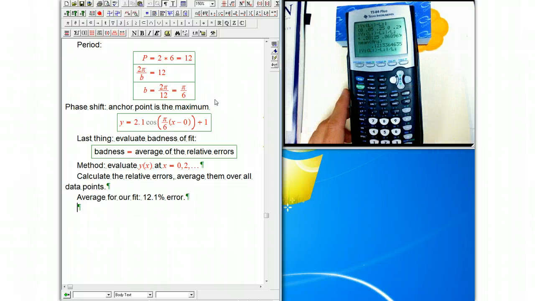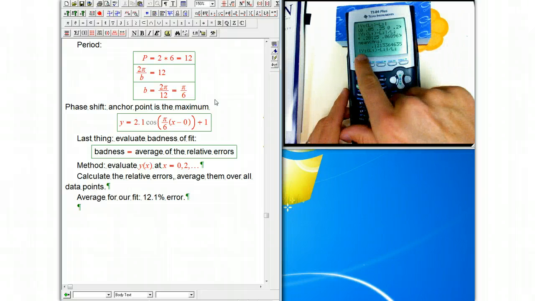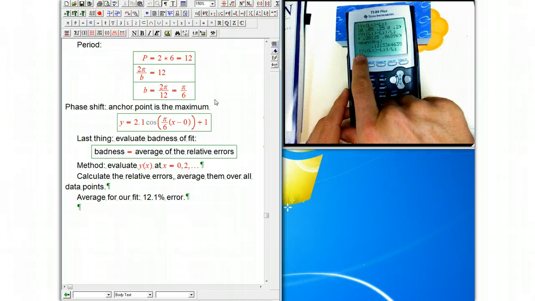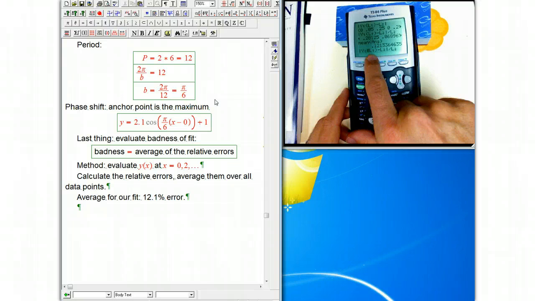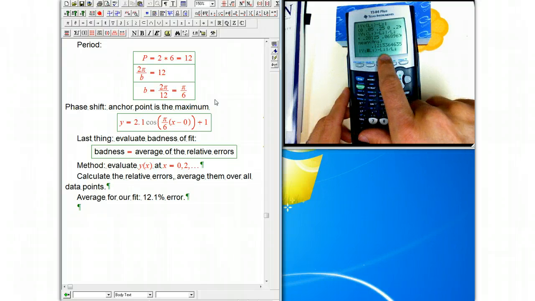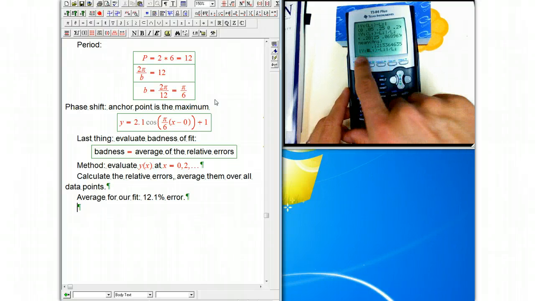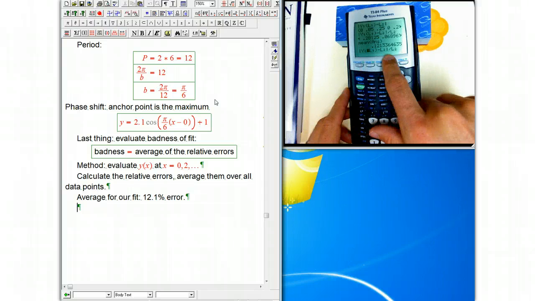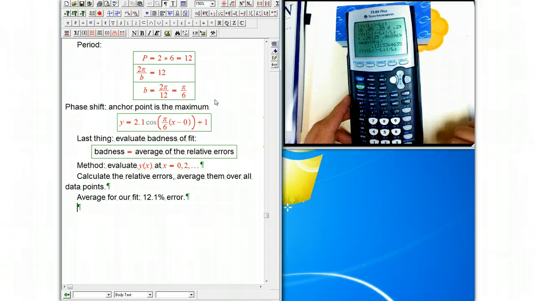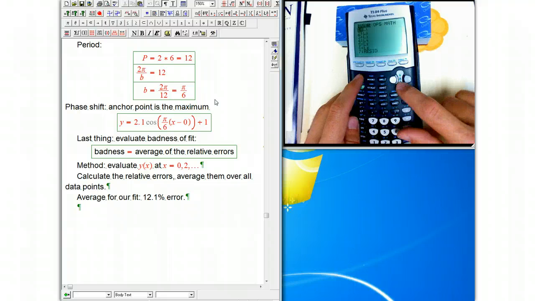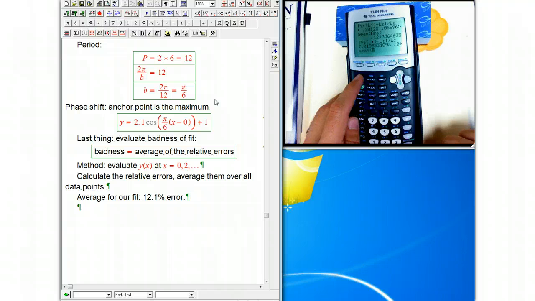So that evaluates the Y2 function, the sine reg from the calculator, at the appropriate x values, compares to the y values that really were the data, takes the absolute value so you don't let minus signs and plus signs cancel out, divides by the size of the data, and that gives us a list, probably a lot smaller numbers. And let's just go ahead and do second list, math, mean of Ans,